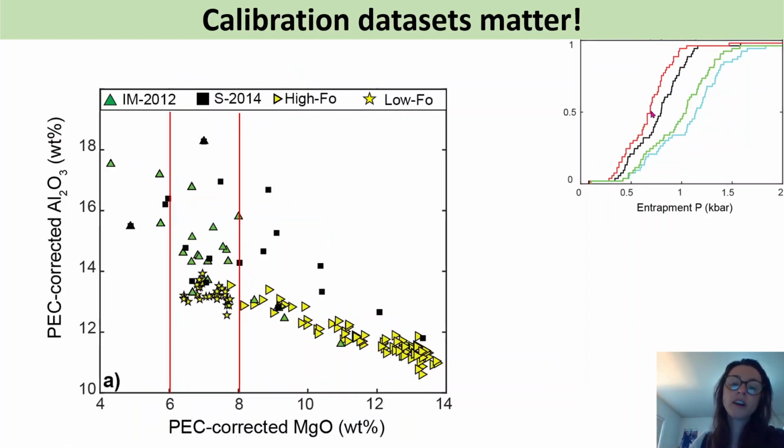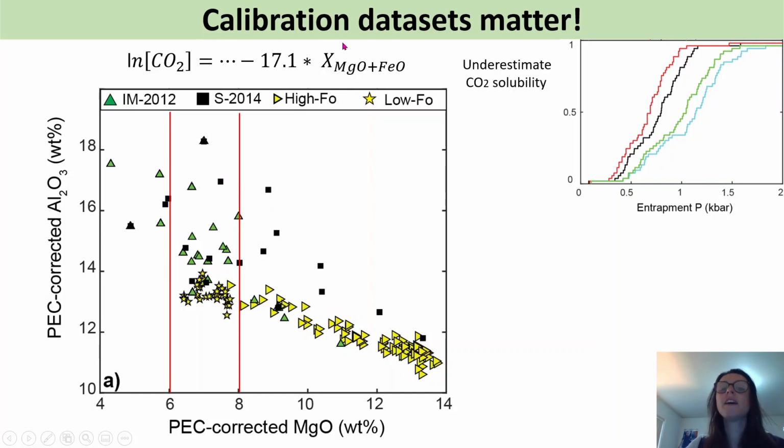We can also look at Iacono-Marziano, and here we're showing the magnesium content versus the aluminum content. Their calibration dataset is shown in green now. The Shishkina calibration dataset is shown in black, and the Fissure 8 melt inclusions are shown in yellow, the Kilauea melt inclusions. So if we look at how, say, magnesium and iron are parameterized in the Iacono-Marziano model, we